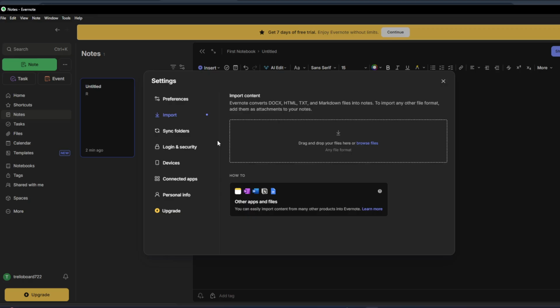Depending on your setup, you might be importing notes exported from another app, documents, or other supported files. After selecting your file, confirm your choice in the file picker. Evernote will begin processing the import. If the file is large, give it a moment to upload and convert. Once it's done, your imported content will appear in your notes, usually in